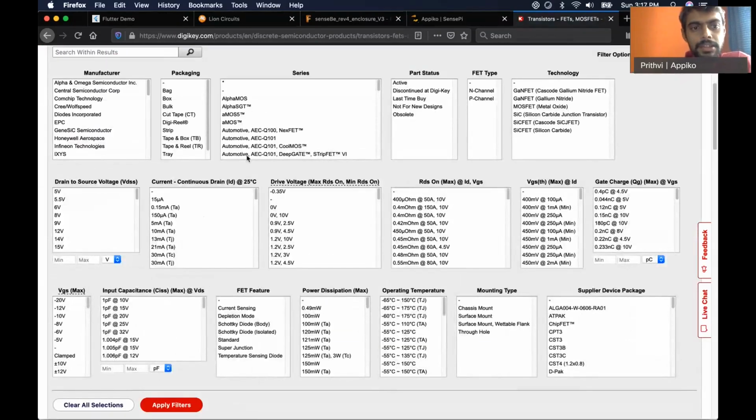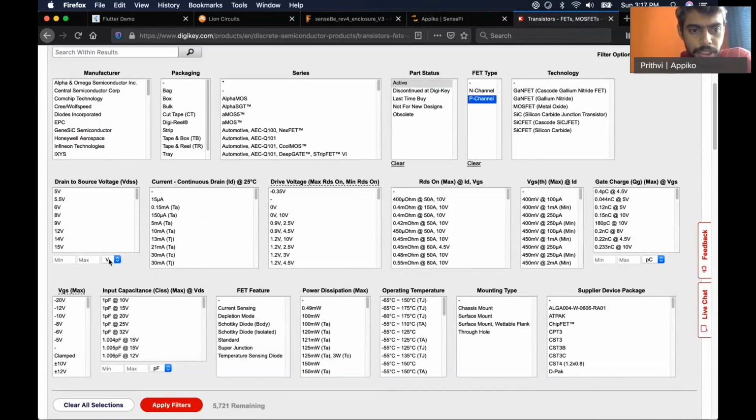So let's start. We are not very concerned about the manufacturer or the packaging or the series. We would like an active component, so that we can choose. We want a P channel MOSFET. We're not very particular about the technology.